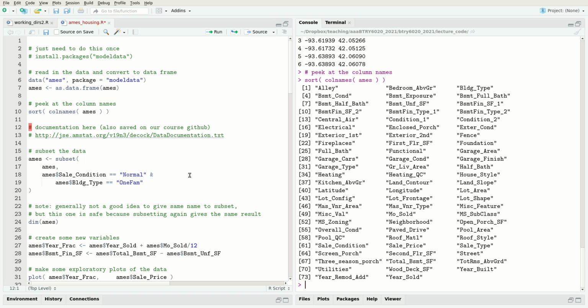Now, if you start to run regressions on this data set, you'll see that there are a few outliers in the data with regards to the sale price. The person who compiled the data set recommends that you remove the outliers because these are sort of non-traditional sales. So the way I'm going to do that is I'm going to subset the data